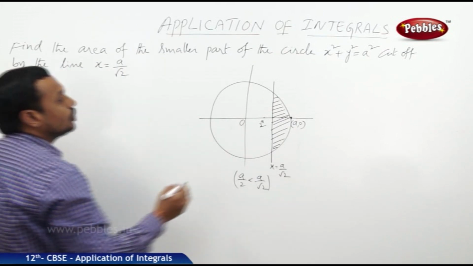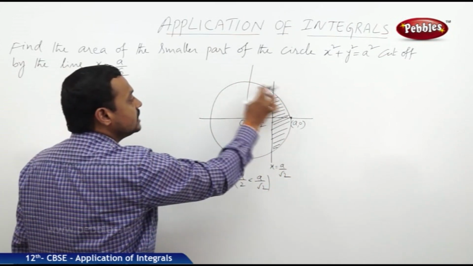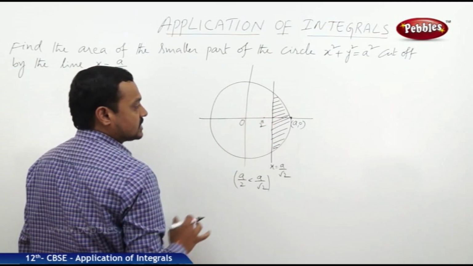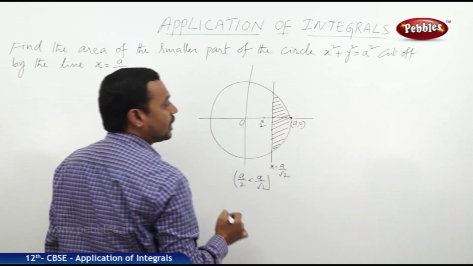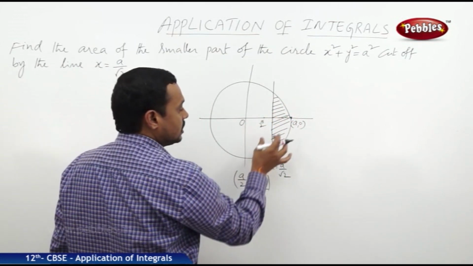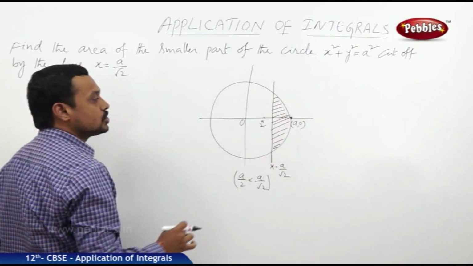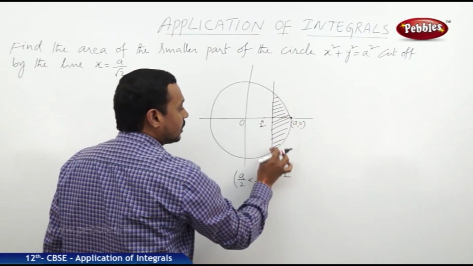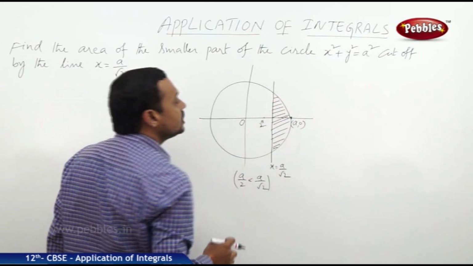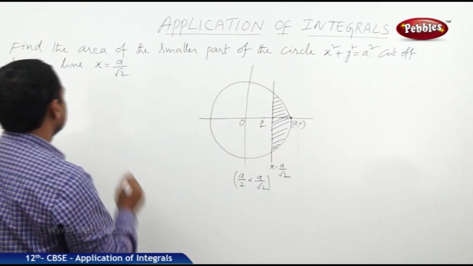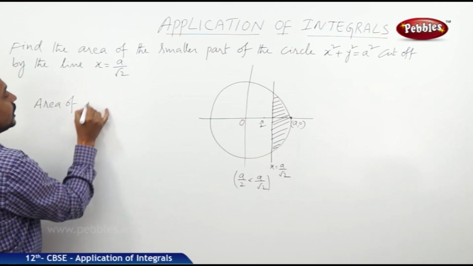Now for that, we know that the circle is always symmetric about the x and y axis, so this x axis divides this area into two equal parts since it is symmetric about the x axis. Hence, this total shaded part area is equal to 2 times the area of the region which is obtained in the first quadrant. Therefore, the required area or area of the region